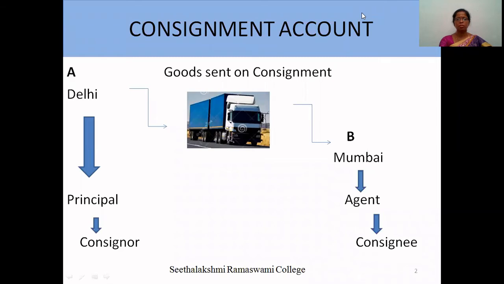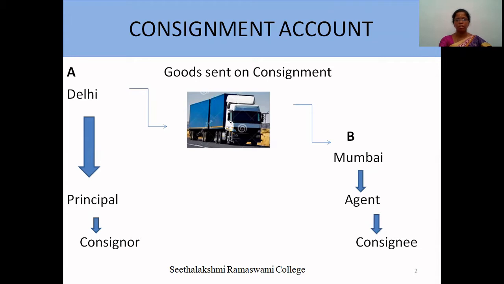Under consignment account, there are two people joined together. For example, Mr. A launching a business in Delhi, Mr. B doing their business in Mumbai. Mr. A transferred their goods on consignment to Mr. B for the purpose of sale at his own risk. Mr. B received the goods from A for the purpose of receiving commission from A and sell their goods on